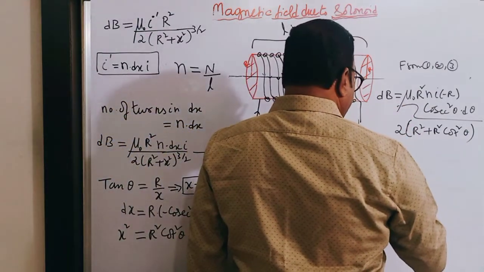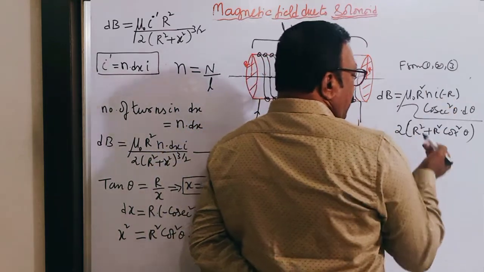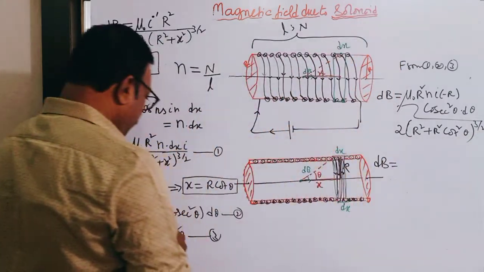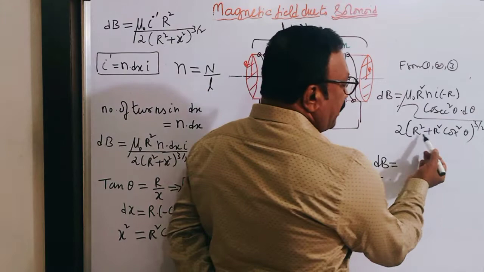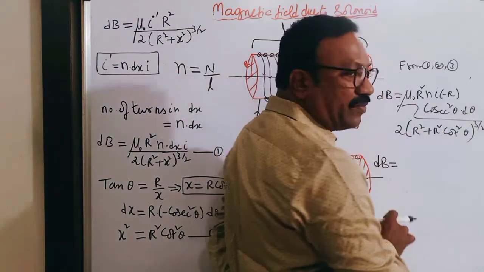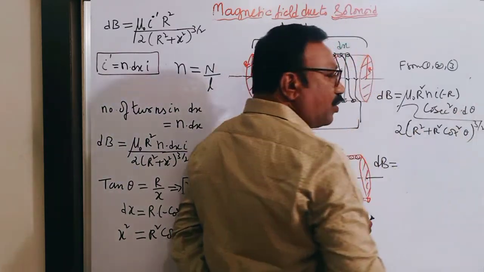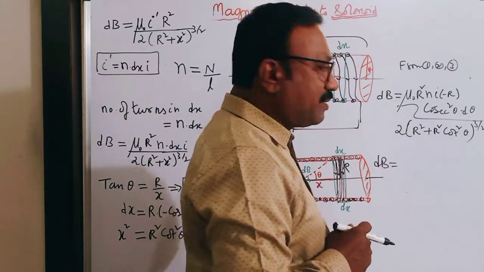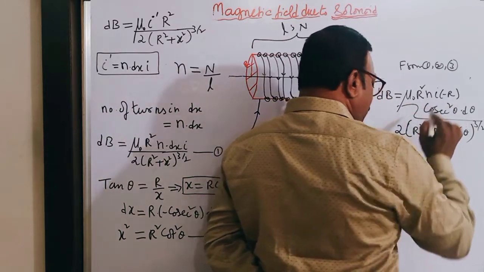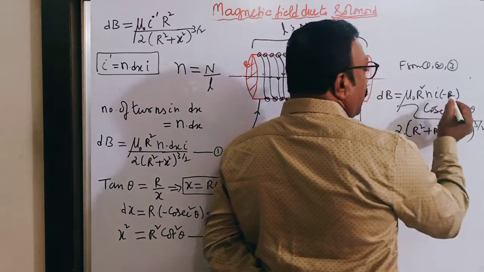So I do one thing now. This dB is equal to, see this, I can take this whole to the power of 3 by 2. Shall I take r square common? When I take r square common and apply whole to the power of 3 by 2, then r square and that square will get cancelled. I'll be having r cube here now. So already one r square into r, there is one r cube, and there is also one minus here. So this is mu naught into r cube